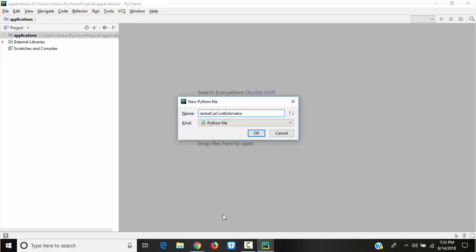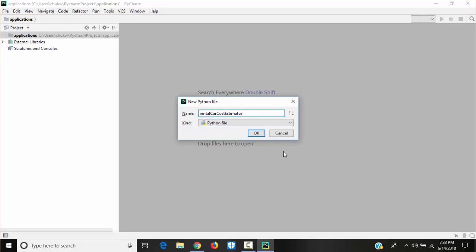As you can see, I'm using what we call camel case. This is a naming system. I start with a small letter, and of course there's no space in file names. So you have rental, then C is uppercase, and this E is uppercase.